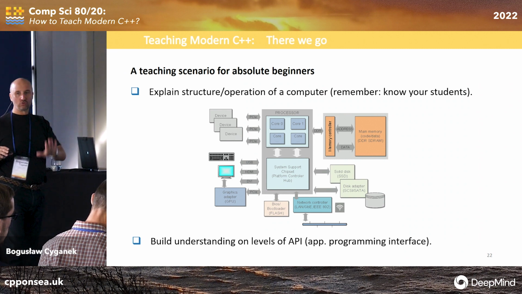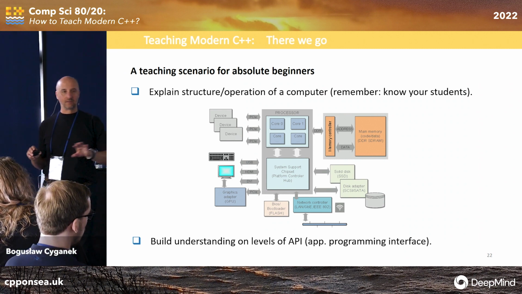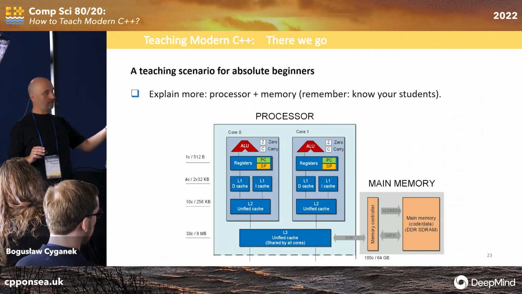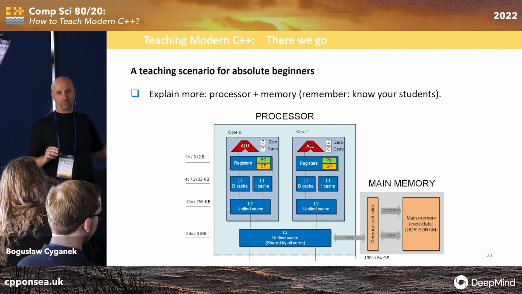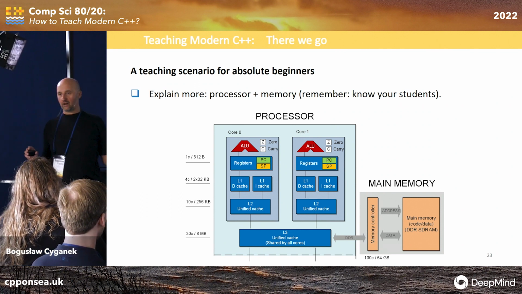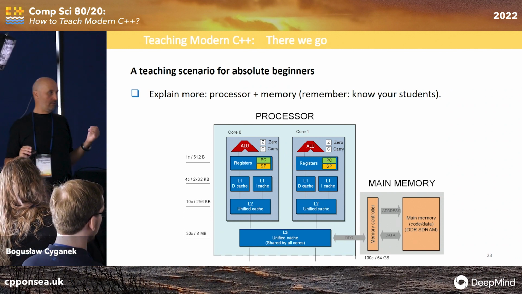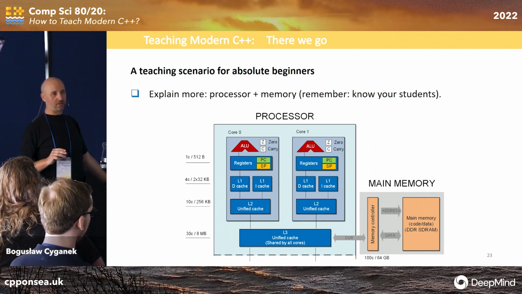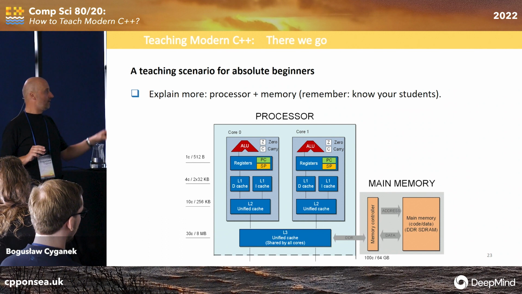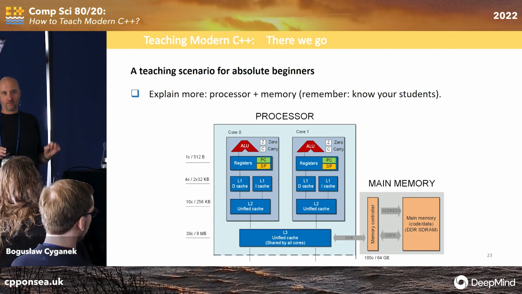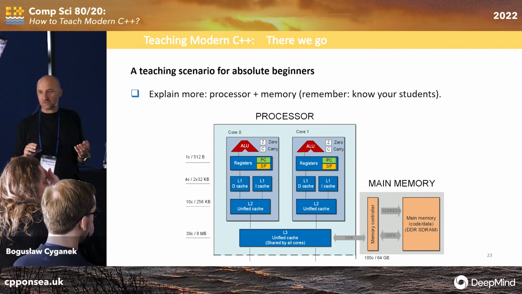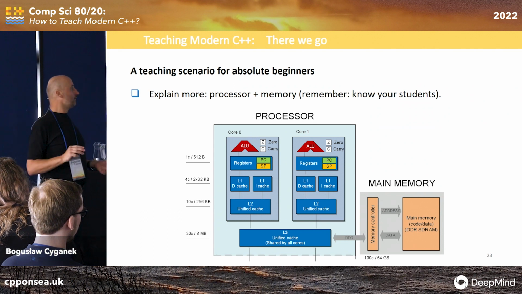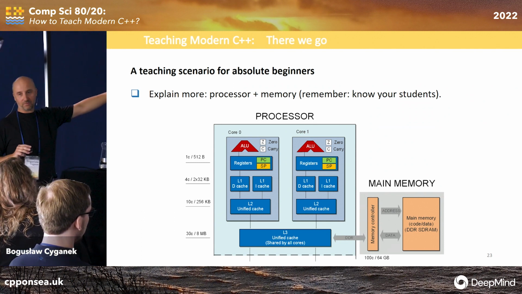So at a certain moment, I don't go further. I don't go to transistors, to gates, but memory, if you have more time, show something like this. Well, for me, it is the lowest level I go to when teaching C++. My first faculty is electronics, so I did a lot of things in electronics, so I can go deeper and deeper and deeper. But this is the level for maybe assembly, if someone is very keen on understanding, on the Godbolt web page, what your compiler is doing, yeah? But remember, this is absolute beginners.